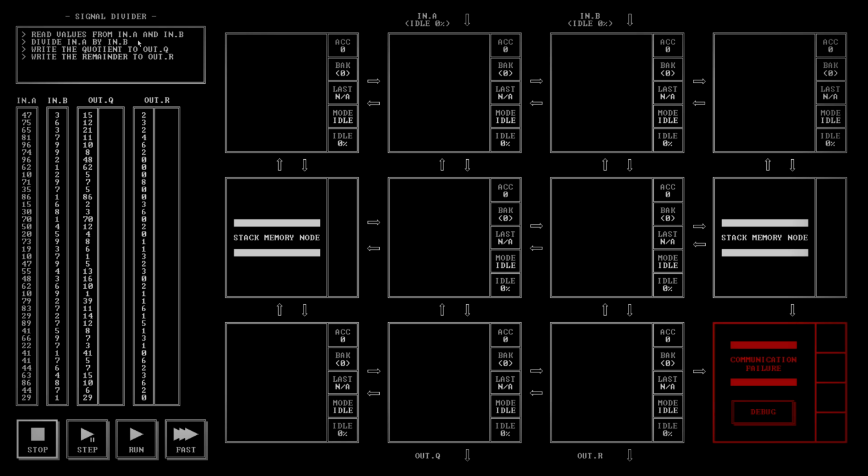And the obvious way of doing it is mimicking division using subtraction. And the way that works is you subtract B from A until you get a number less than 0, counting each time you did the subtraction. And the number of counts is the quotient. And what's left